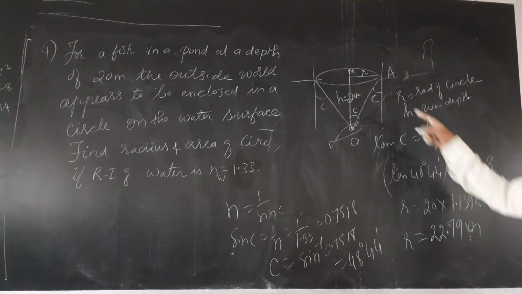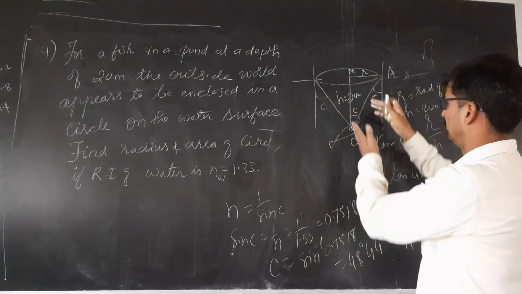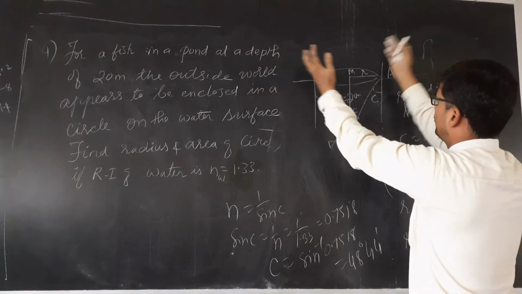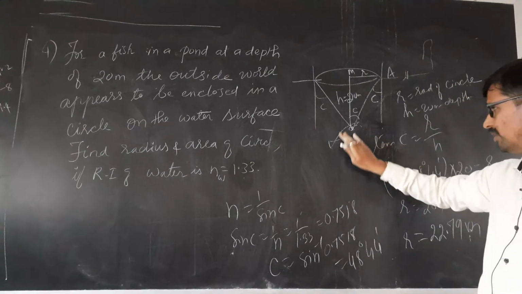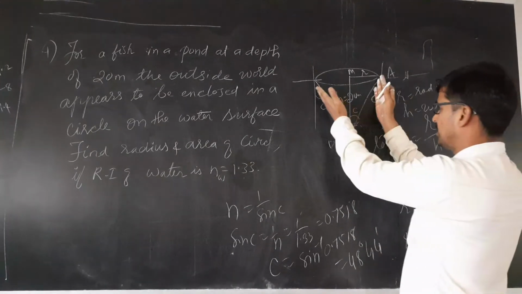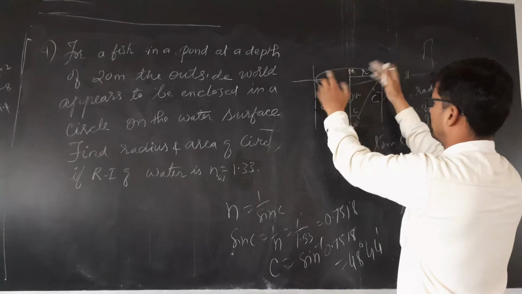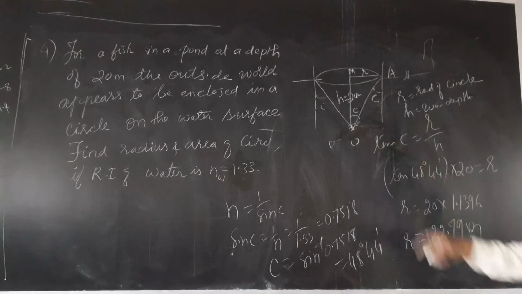Radius in meters. What is the area of the circle? If you are in this swimming pool, you will see only this much portion. The entire world is within this circle only. Or if it is a bright bulb, it will produce a cone of rays. These rays will be reflected back. Only these rays will come out. You will be getting a bright circle on the water if the bulb is kept.